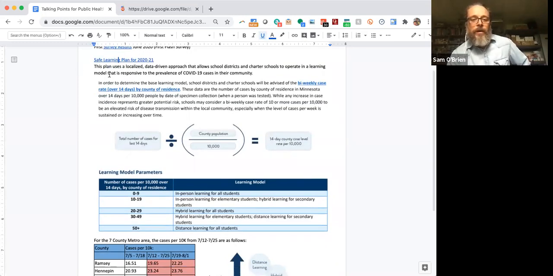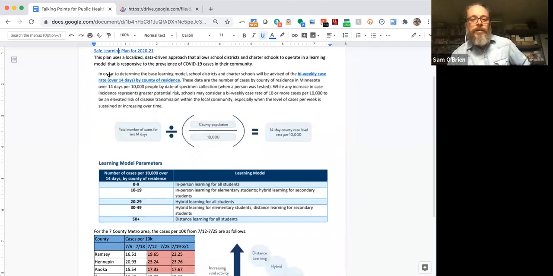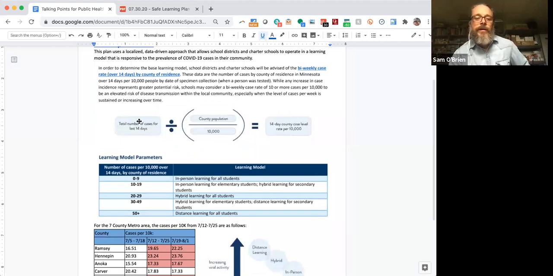And specifically, the formula that's being used in order to track county level infection data is that infections by county of residence. So even if you tested positive, say in Lake County, way up north, but you reside in Ramsey County, your county of residence would be where that infection is reported. And so what we're looking at here is infections over the total number of cases of 14 days divided by the county population divided by 10,000 equals our rates of case per 10,000.